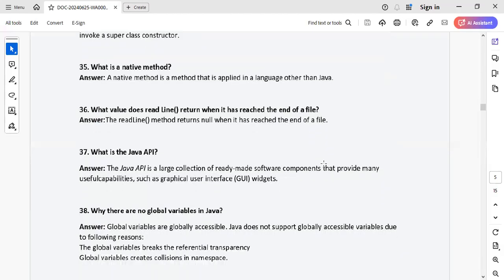What is the Java API? The Java API is a large collection of ready-made software components that provide many useful capabilities such as graphical user interface widgets. Means it is components that we can use in our Java. So a set of interfaces that we are going to use in our applications. Like you can search for Java docs, where you will find these different types of APIs